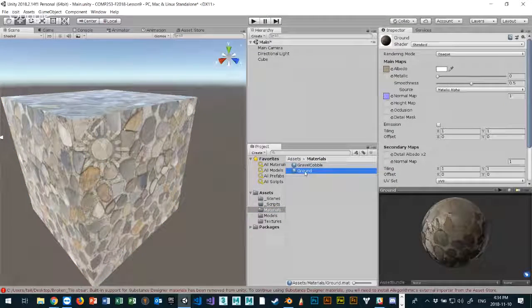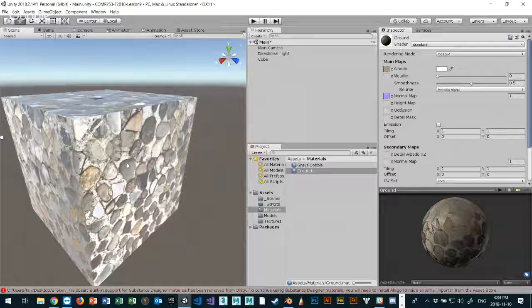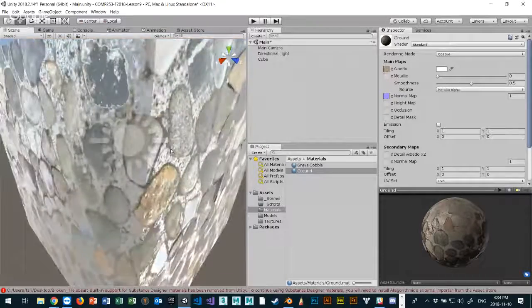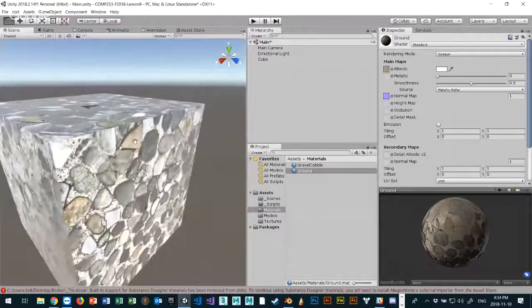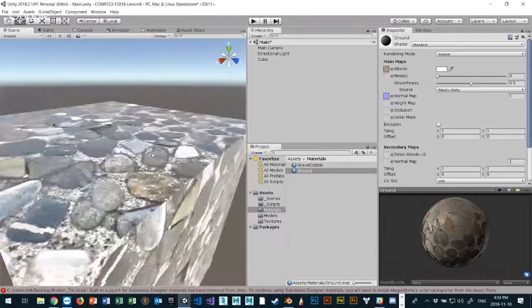I don't know why I created both ground and gravel cobble. Okay, let's make it use ground. There we go. Now take a look. It has this really weird thing where it looks like there's a normal map in here. It looks like there's more geometry on this cube than there was